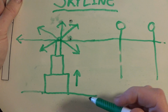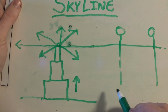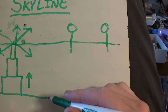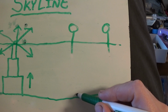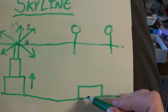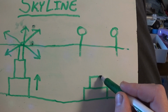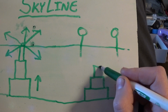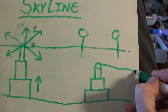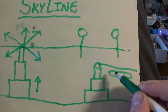So in other words, when you embark, is that the right term? I think when you get on a train, I'm just going to use this space over here to show this. When you embark, here's the ground and here's the station. It's not at ground level, but it's low. And then once you're ready to disembark, the mast starts to elevate hydraulically. So the gondola is up here at the top. And what this is doing is changing the elevation and the angle of descent for the